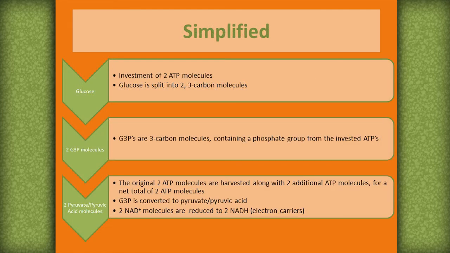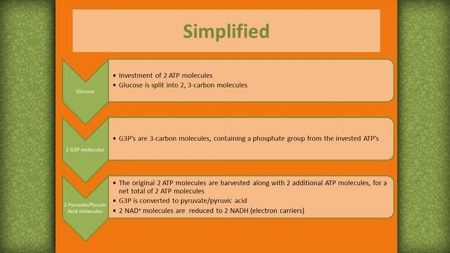The simplified version of this consists of glucose being made into 2 G3P molecules and then later producing 2 pyruvates or pyruvic acid molecules. Going from glucose to the 2 G3Ps, there's an investment of 2 ATP molecules. The glucose is split into 2 3-carbon molecules known as G3P. These contain the phosphate group from the invested ATPs. The original 2 ATP molecules are harvested along with 2 additional ATP molecules for a net total of 2 ATP